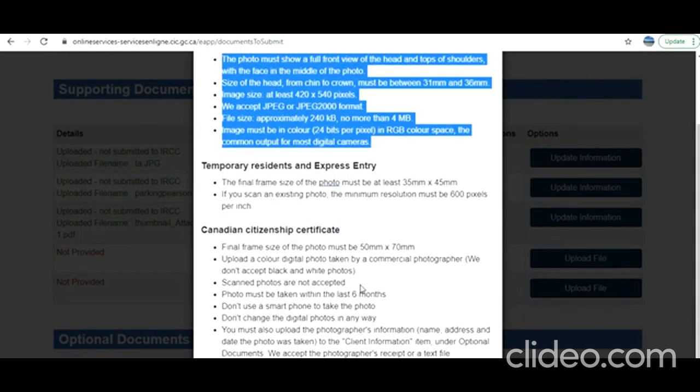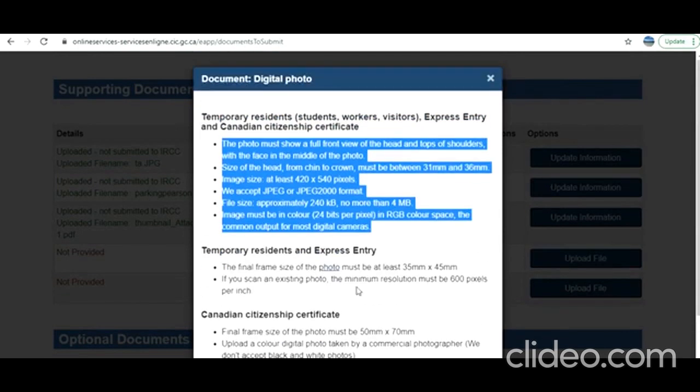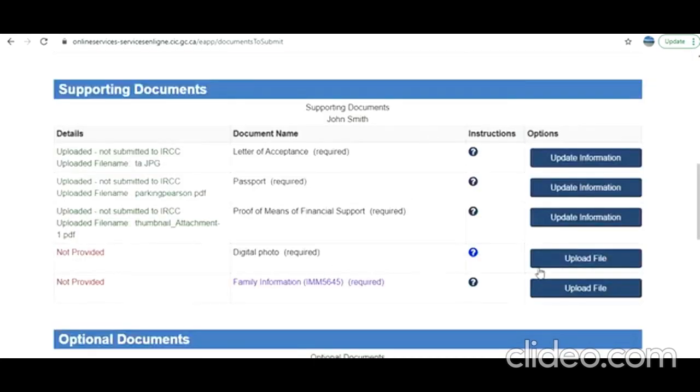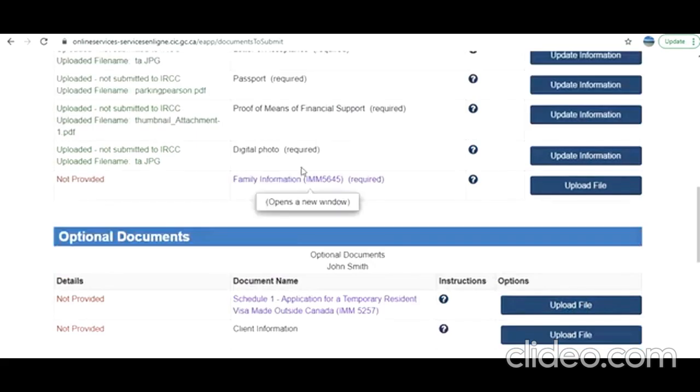Okay, you can read it, and then you can go to a good photographer and get it done if you are not like me. Anyway, so let's say you have got the photograph. Now you can upload it. Next is